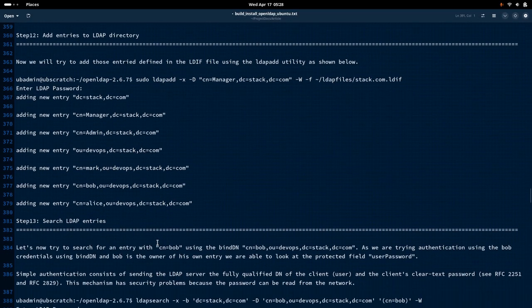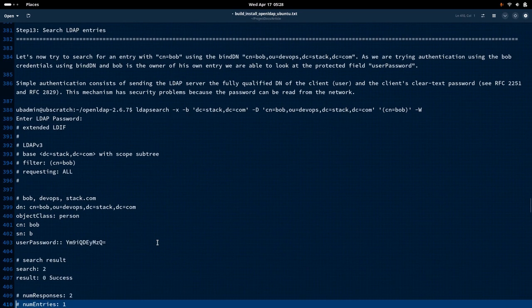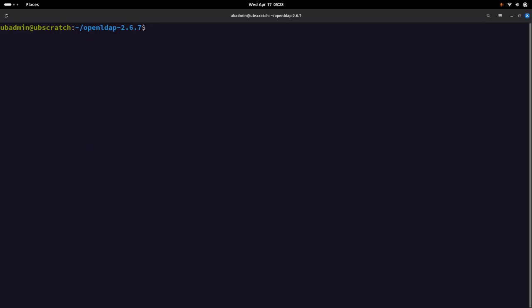Now let us go into our next step, that is step 13, searching the LDAP directory tree. So now we are again going to use the ldapsearch utility to search for the entries in our LDAP directory tree. Here we are trying to restrict our search to this base, that is stack.com, and we are going to use -D, that is bind DN, that is the distinguished name of Bob, in order to search for the cn equal to bob entry, and we are going to pass the password for the bind DN, and the Bob user password, which is defined in userPassword, so